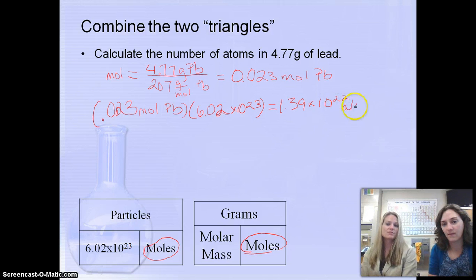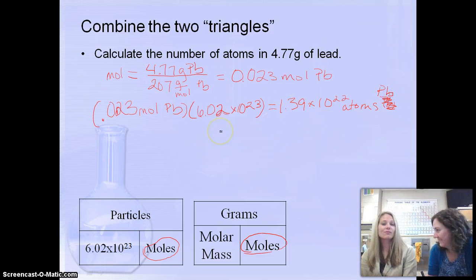I knew that that was going to be labeled atoms because Pb is a metal and it's found on my periodic table. Oh, it's not B, it's palladium. Let's just do this. Oh, Pb. Oh my gosh, I almost did it again. There we go. All right, so that's using both